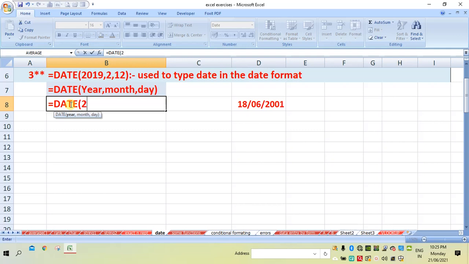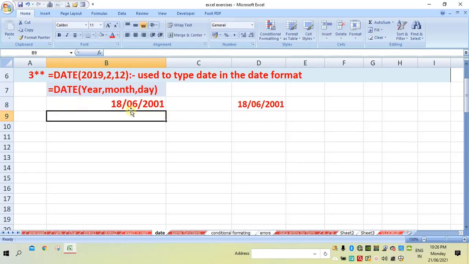The year is 2001, then put the comma, then month, so month is 6, and then put the comma, and then finally write the date, that is the day. The day is 18, and put the bracket to complete, then enter. So now we get 18/6/2001, which is equal to our required date. So this way we can use a date function.